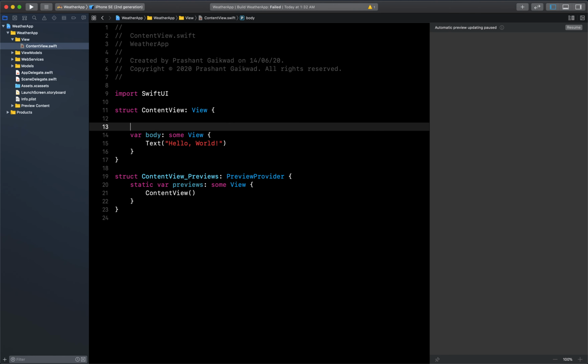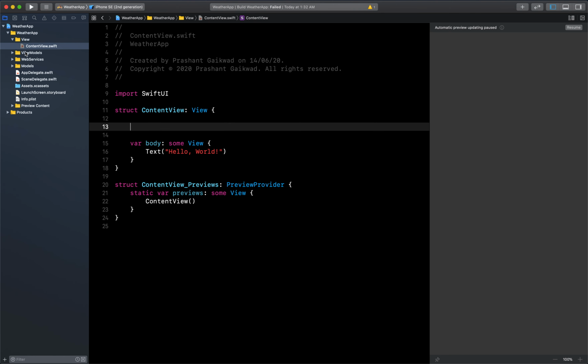First, since we have everything inside our view model, we need to access that here. So what we do is create an observed object. Okay, somehow the completion handler is not working. Observed object, let's call it weather view model, and it will be of type weather view model.